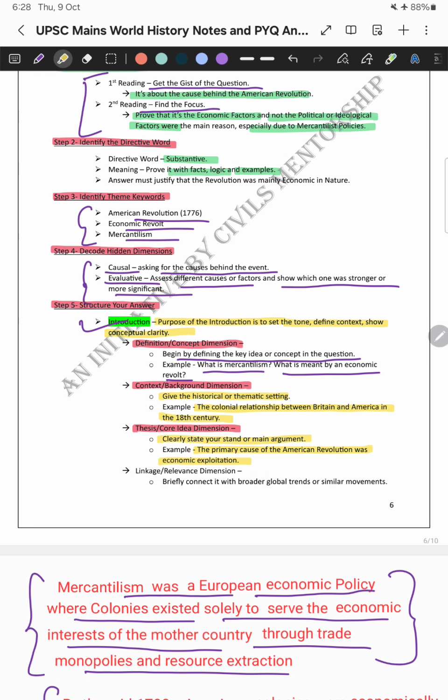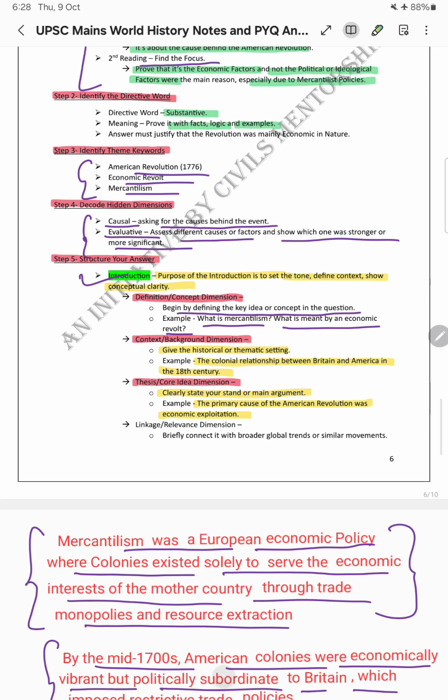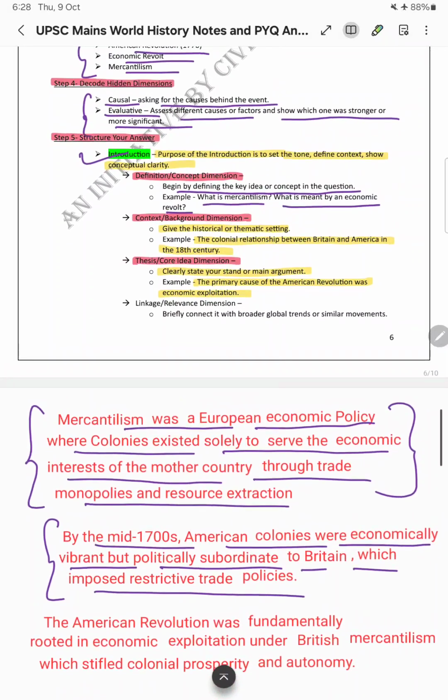That means from the question, whatever the question has been asked, based on that question only you are starting your answer. So this is also another way of starting your answer. For example, you can start your answer in this way also, that